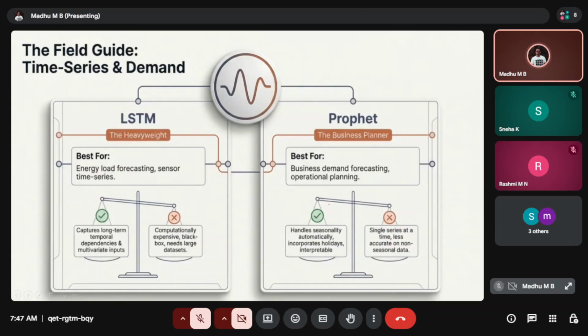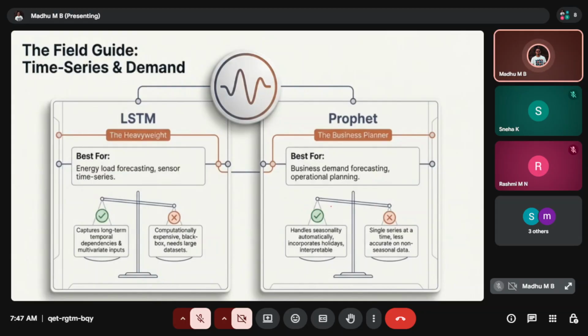Right, so let's deep dive into a little more scenario-based one. In the field guide, initially I was talking about time series and demand, correct?